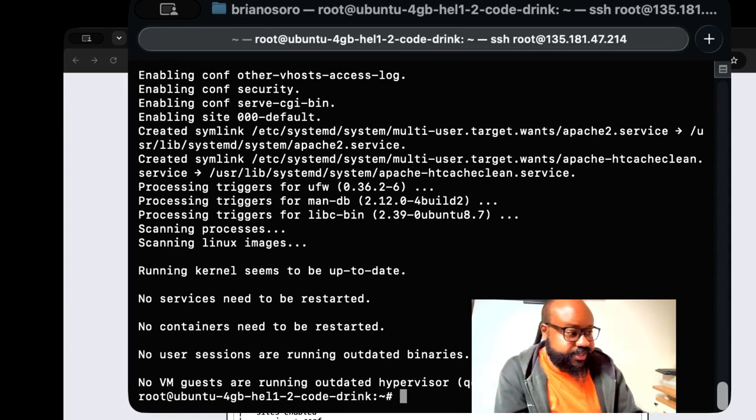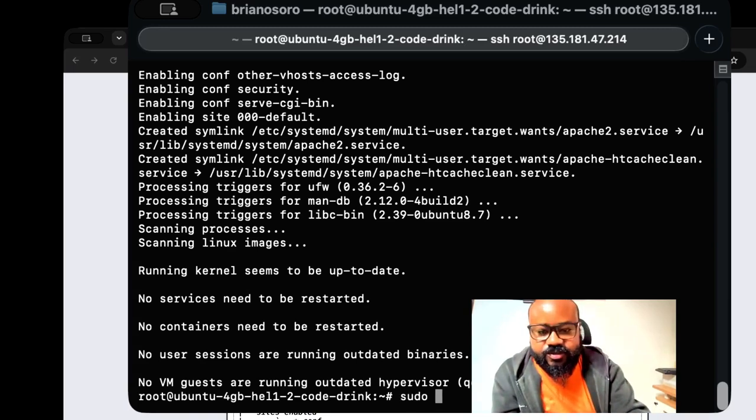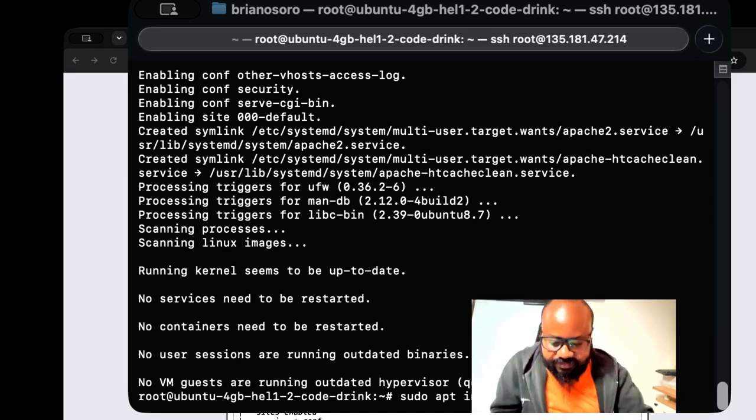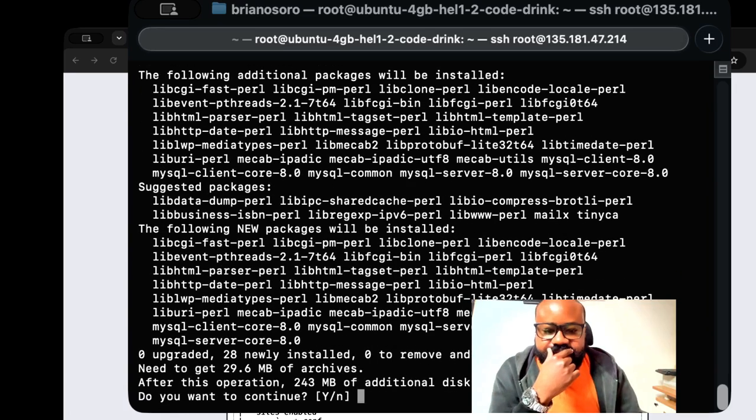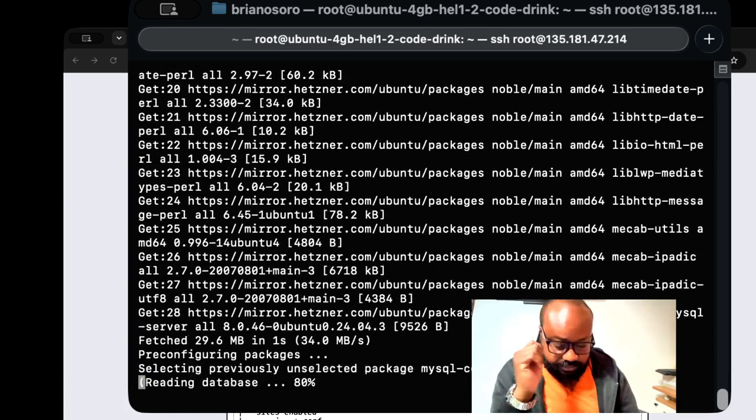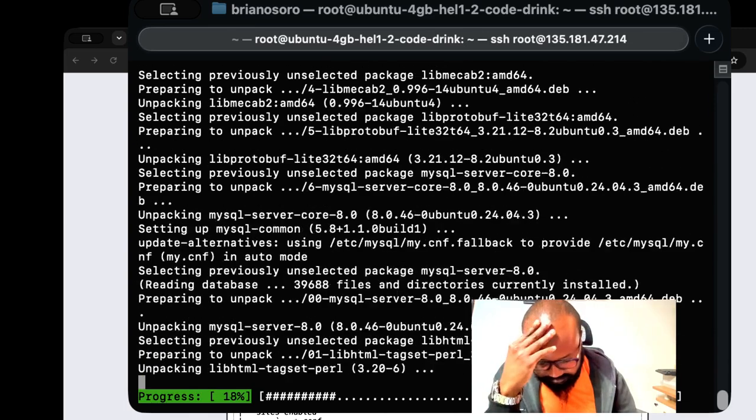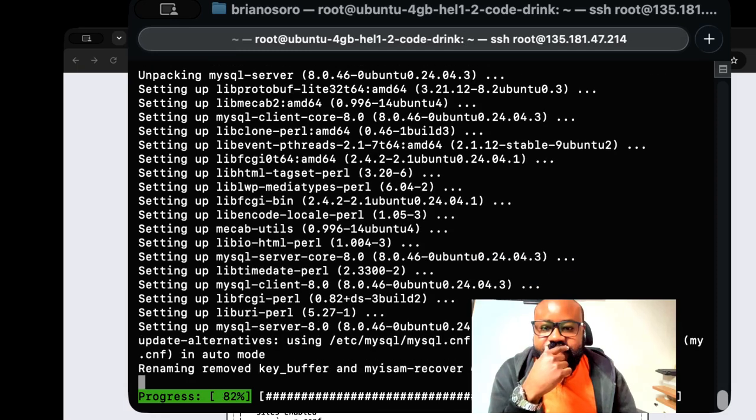We install the database. In my case, I'm going to use, as I said, MySQL. There is no reason why I'm using MySQL. You can use anything. So apt install MySQL server. Yeah, MySQL server. Sorry. MySQL server. Install. Ina install. Yeah, sasa hii MySQL server ikiinstall